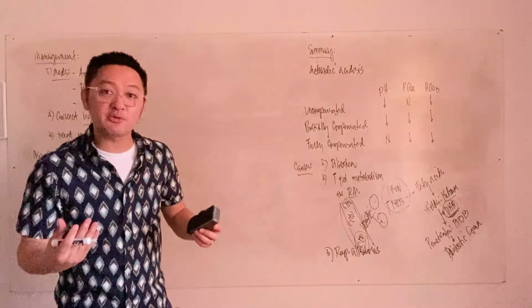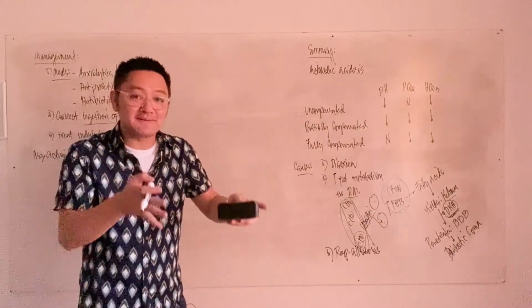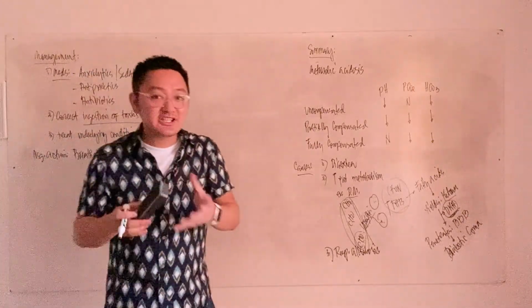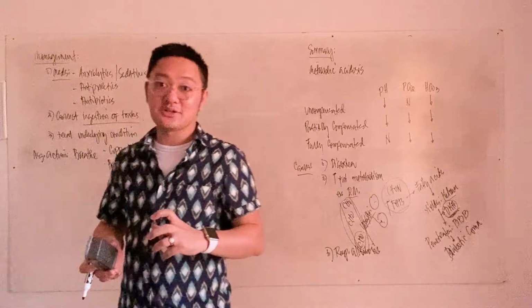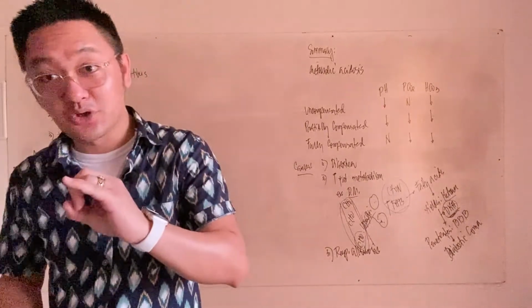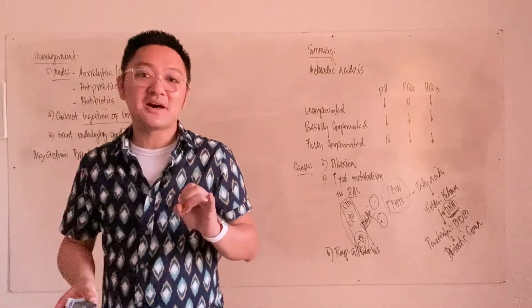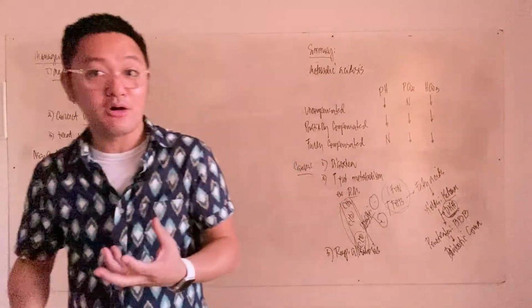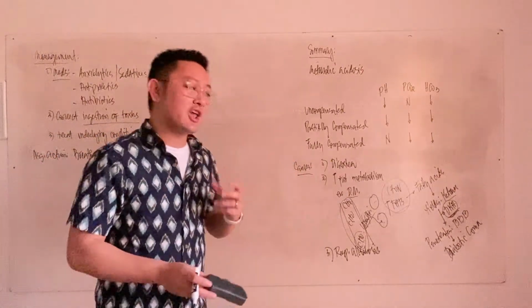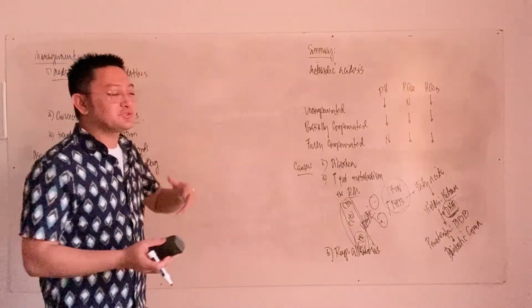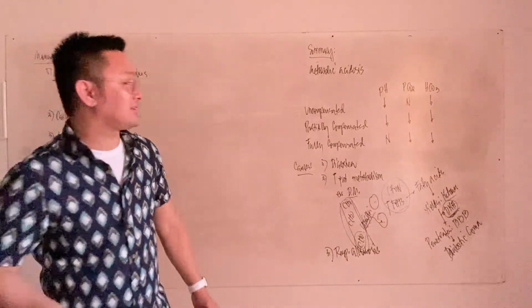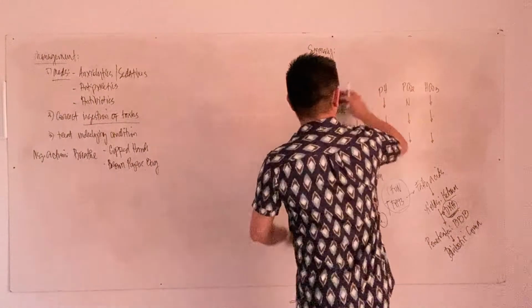So how do we treat a patient with metabolic acidosis? How do we treat this type of problem? Same with your respiratory acidosis. So the management is the same with your respiratory acidosis. Remember, if the type of acidosis is acute, we give IV sodium bicarb. If the type of acidosis is chronic, we give PO sodium bicarb. Okay? I hope you understand that. Now let's proceed to the last topic. It's your metabolic alkalosis.